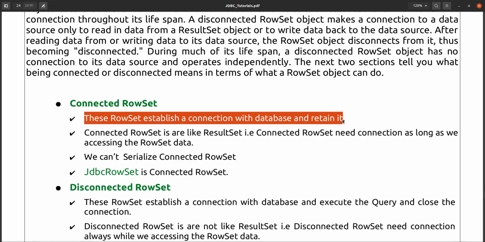Retain means as long as you are using the RowSet, the connection with the database will be retained. It will not disconnect.